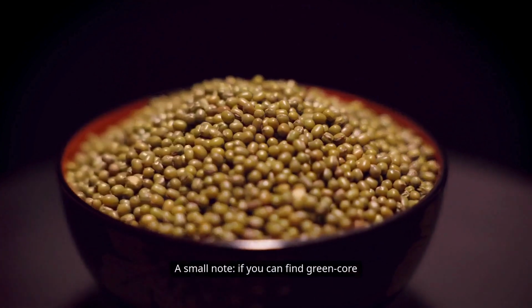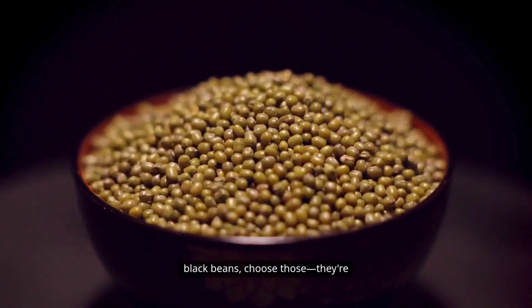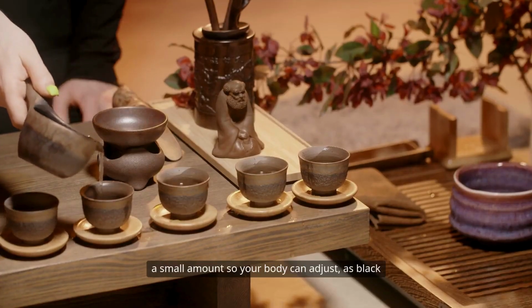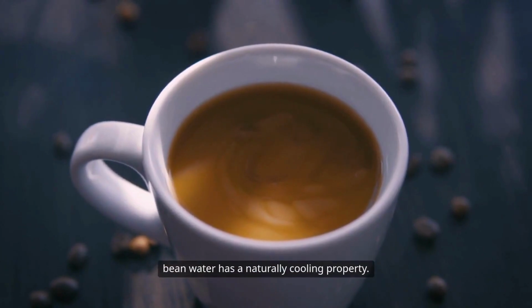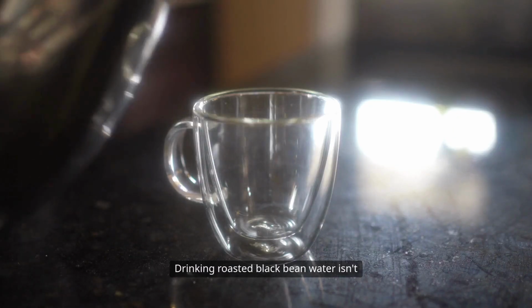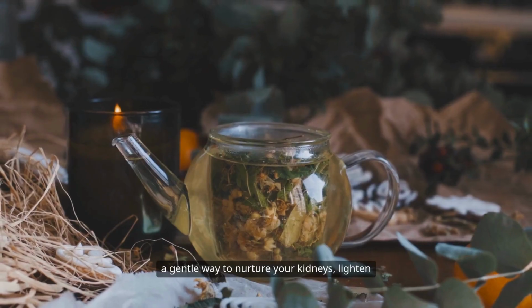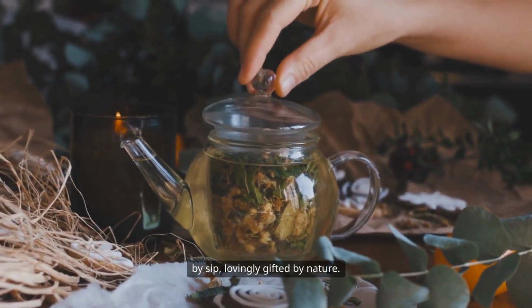A small note: if you can find green core black beans, choose those. They're more nutrient-rich. And if your stomach is sensitive, start with a small amount so your body can adjust, as black bean water has a naturally cooling property. Drinking roasted black bean water isn't just about quenching thirst. It's a gentle way to nurture your kidneys, lighten your legs, and feel better overall, sip by sip, lovingly gifted